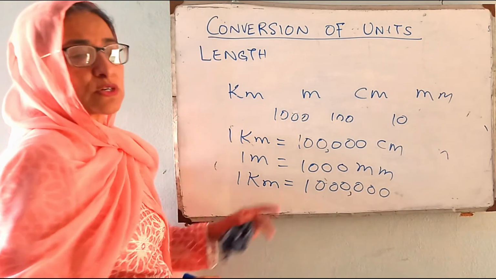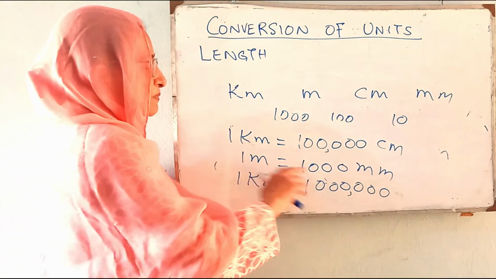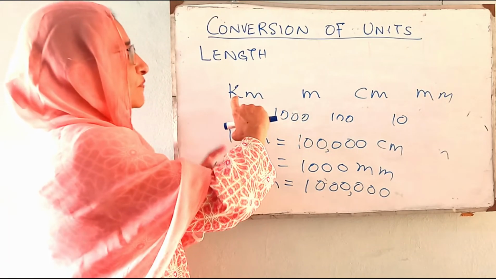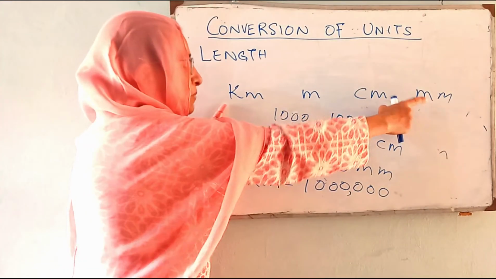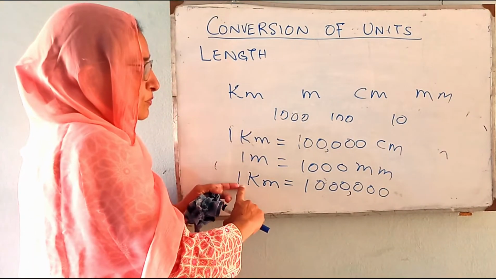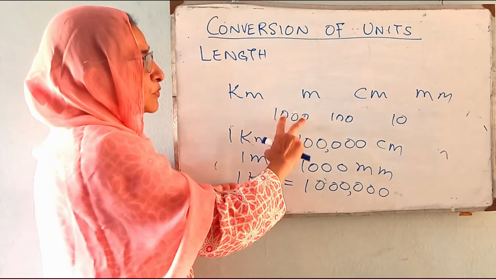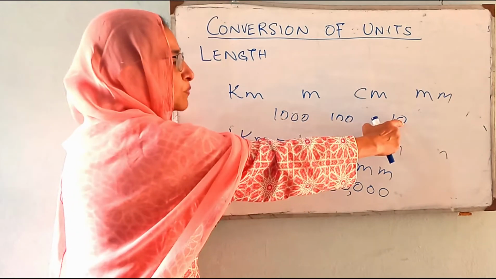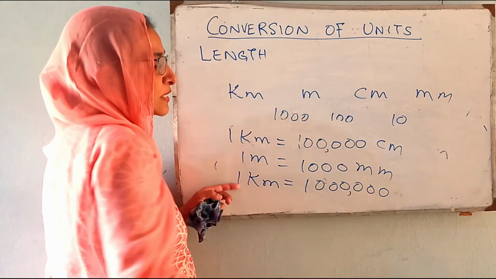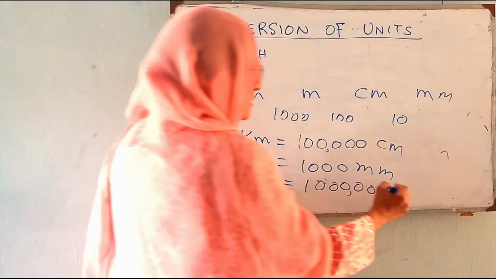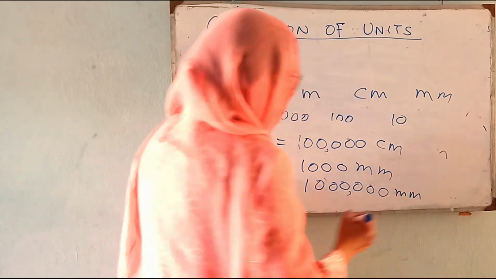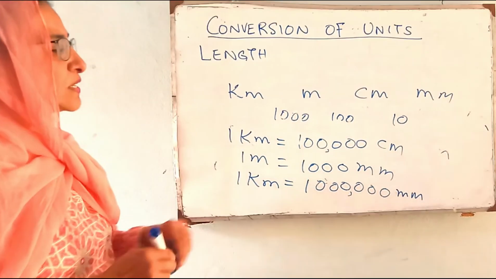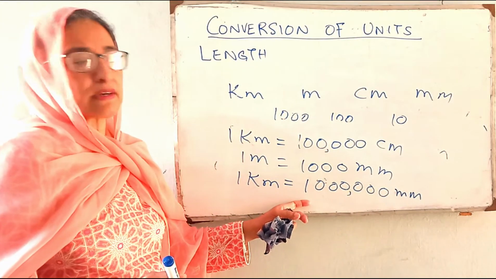So this is equal to, so I have 1 kilometer and I want to convert it into millimeters. What I am going to do is, with 1 kilometer I am going to put 3 plus 2 plus 1, 6 zeros, and it is equal to this many millimeters. So it is equal to 1 million, right?